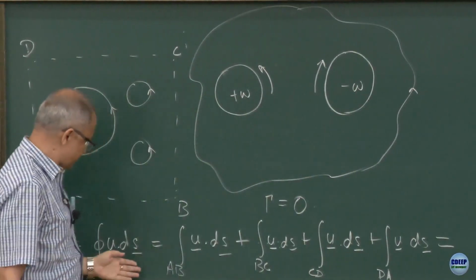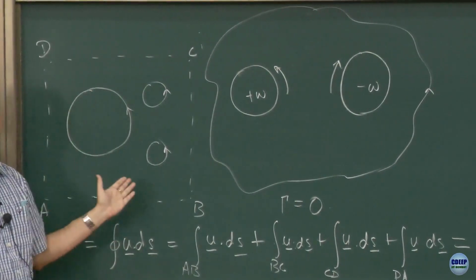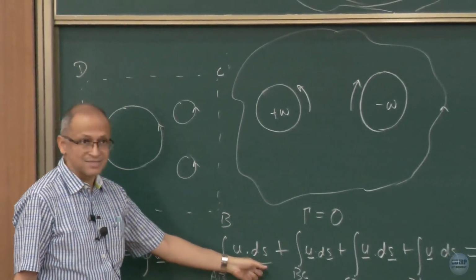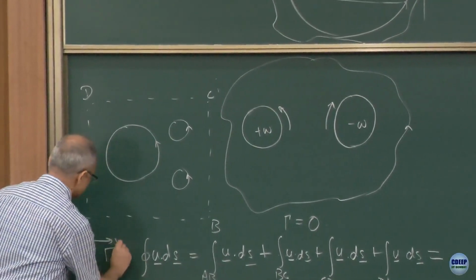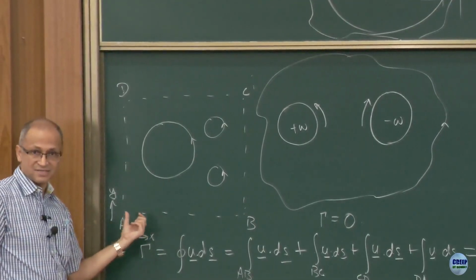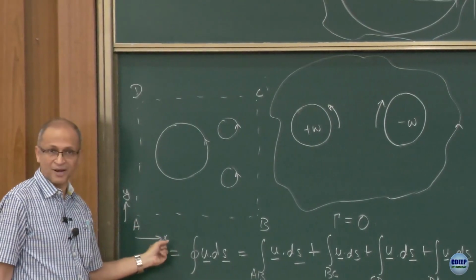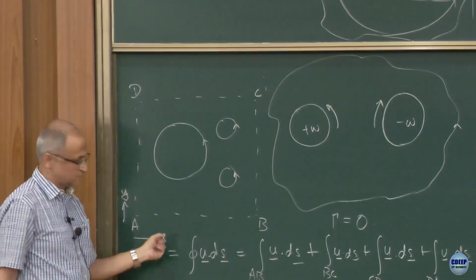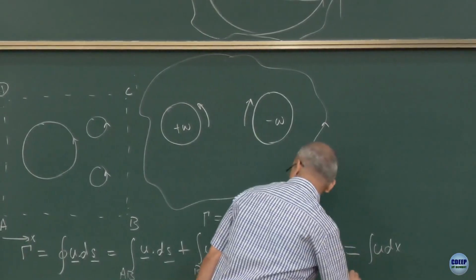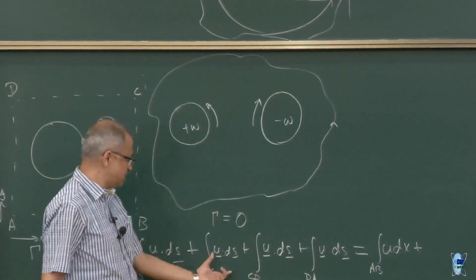Now you can see that I'm trying to find out my circulation. I know that my velocity field is given to me, so I know what is u and v. So I can now see that u dot ds, let us say, is aligned along the x direction. This is my y direction. So my path length is only dx here, or delta x, and the only velocity component which will matter here is u. So it's u times dx integral along AB,